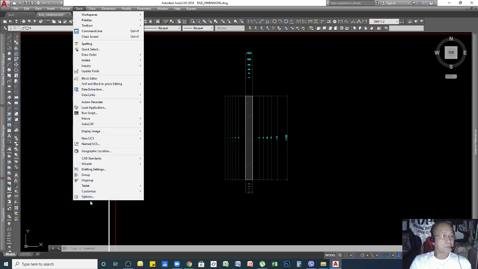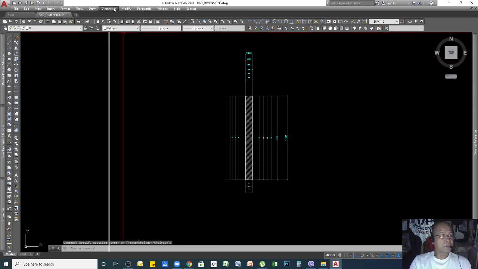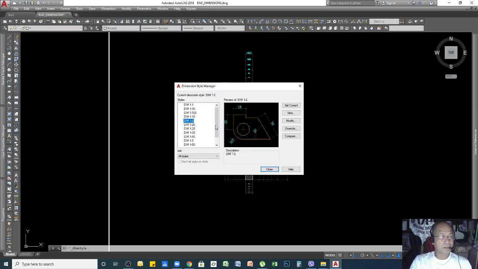It's not under Tools, it's under Format. So under Format, you can see Dimension Style here. You can click that one and then this dialog box will appear.